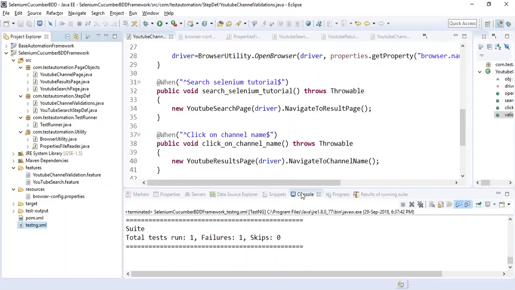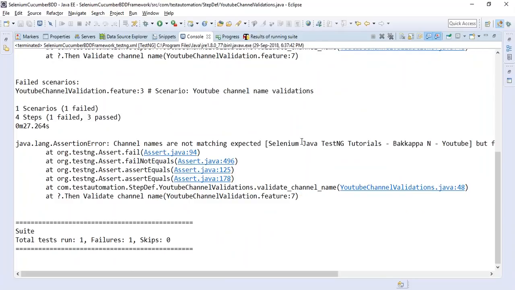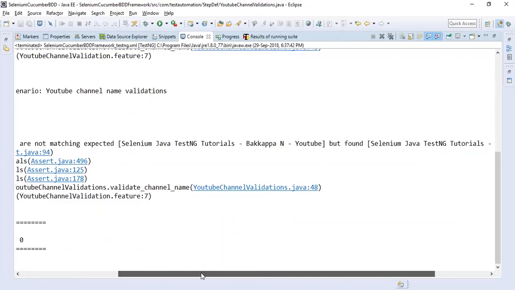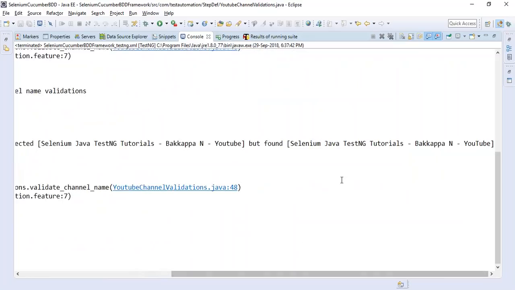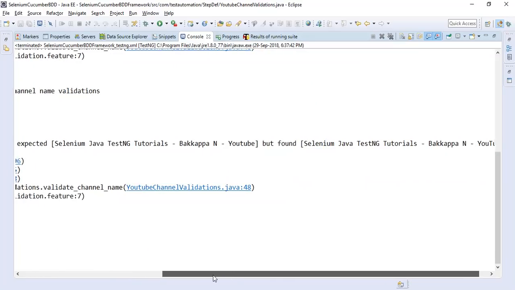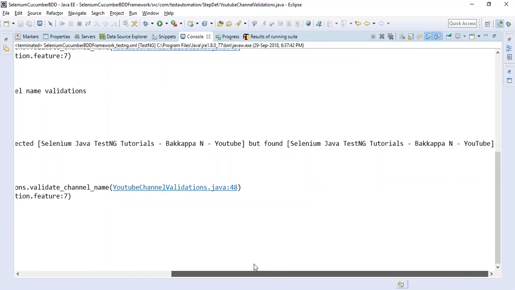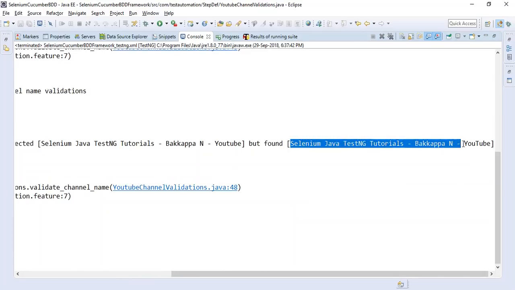So it has failed. So still it is saying. So almost we are getting the channel names same, but because of the spaces it is quite different. I'll copy this particular text, I mean the text. So this is our actual text. So because of the spaces it is not